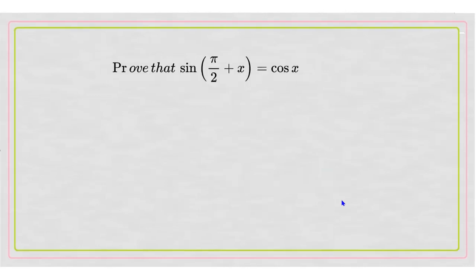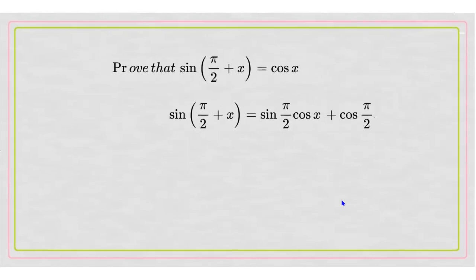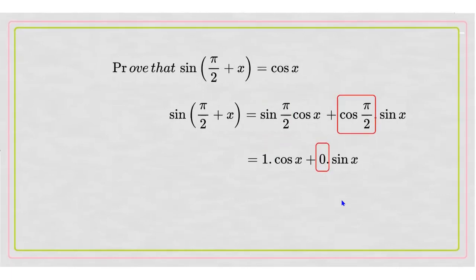Now you take this result. Prove that sin of pi by 2 plus x is equal to cos x. For this, you consider sin of pi by 2 plus x, and that's equal to sin pi by 2 into cos x plus cos pi by 2 into sin x. Just write cos x and sin x as it is. And what is sin pi by 2? Sin pi by 2 is 1. What is cos pi by 2? Cos pi by 2 is 0. 1 into cos x equal to cos x, and 0 into sin x equal to 0, and you will have the answer cos x. And this is the value of sin of pi by 2 plus x.